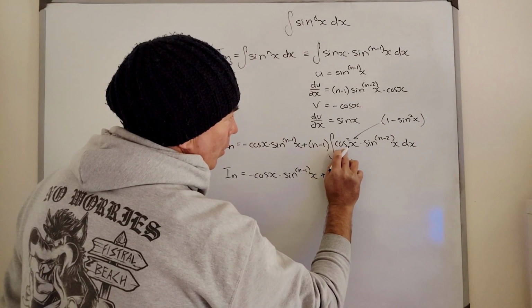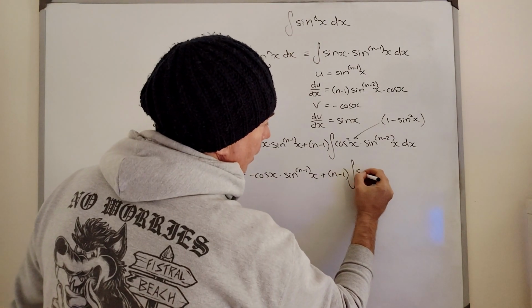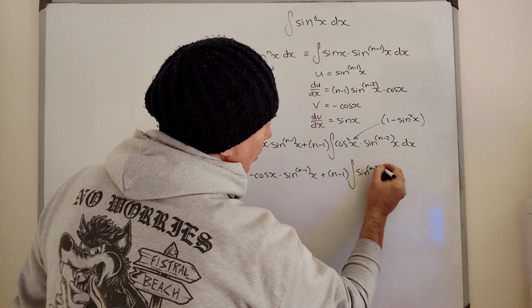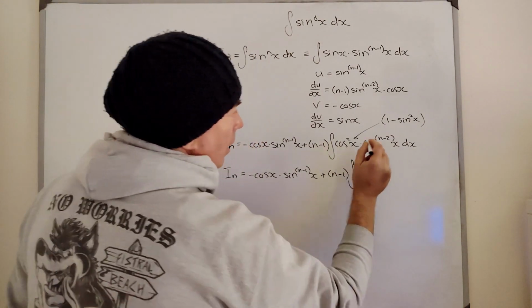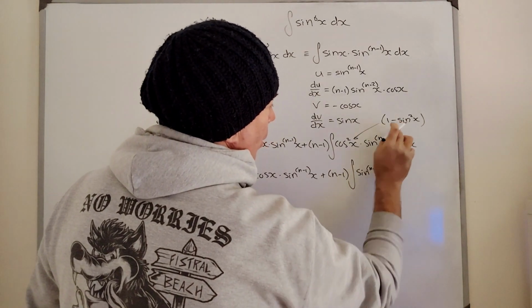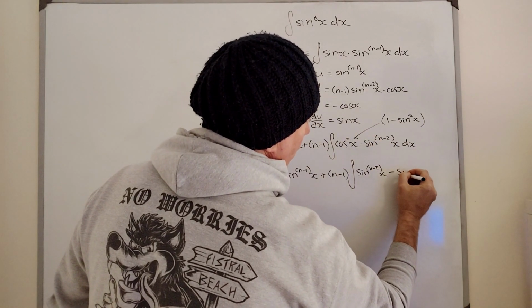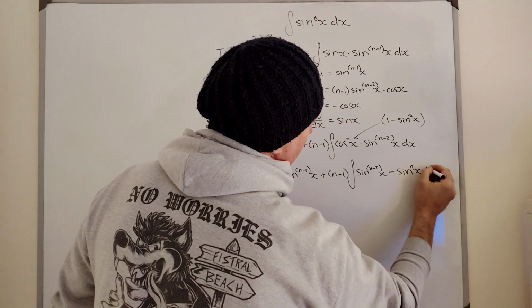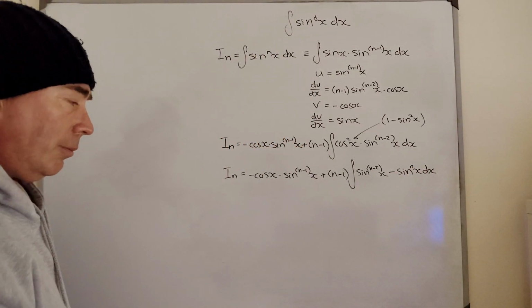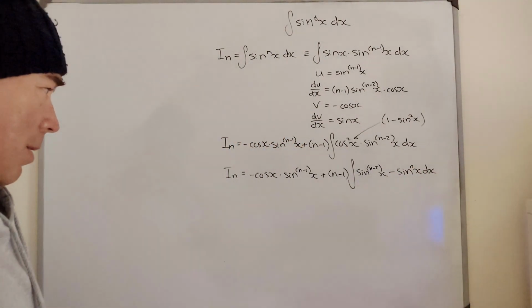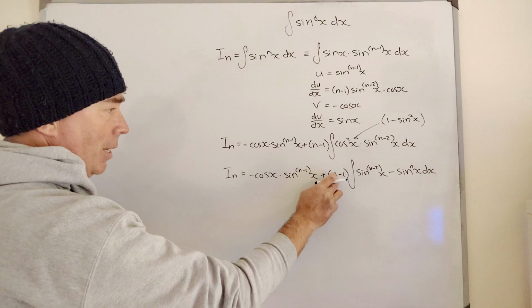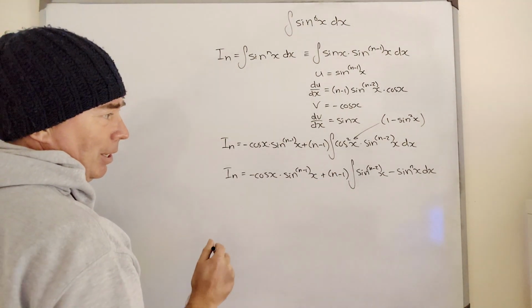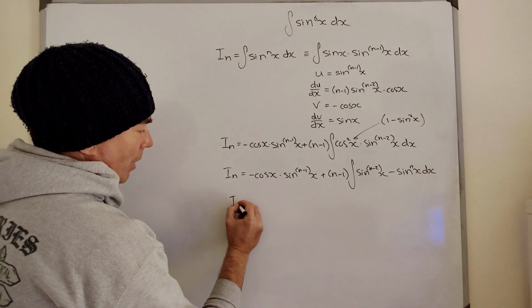If I replace cos^2 x with 1 minus sine^2 x, I get sine^(n-2) x, subtract sine^2 times sine^(n-2), which just becomes sine^n x dx. Okay, so we are now going to multiply everything through by n-1. So it becomes I_n